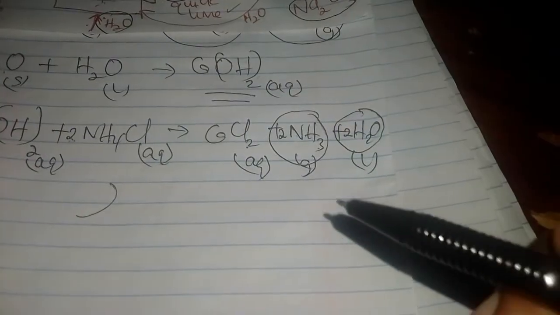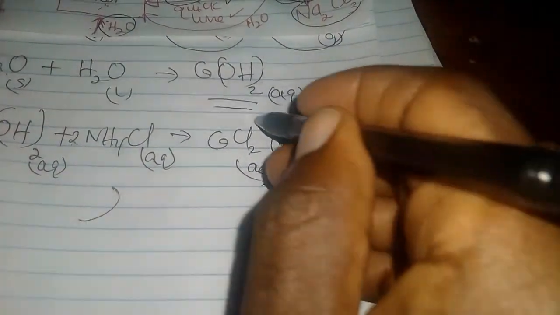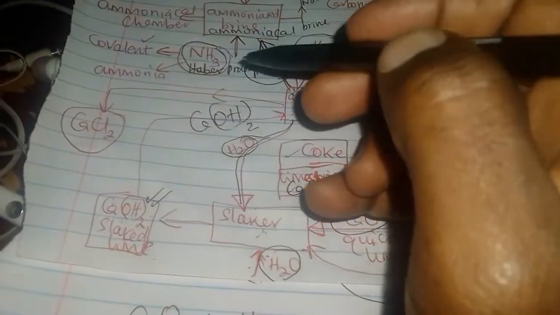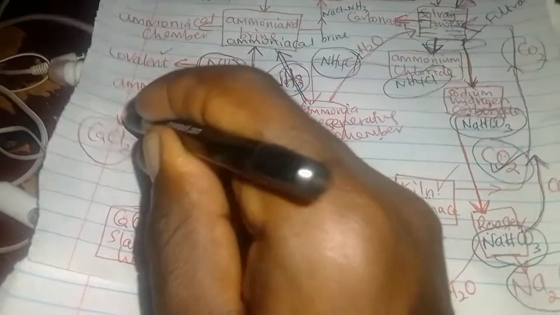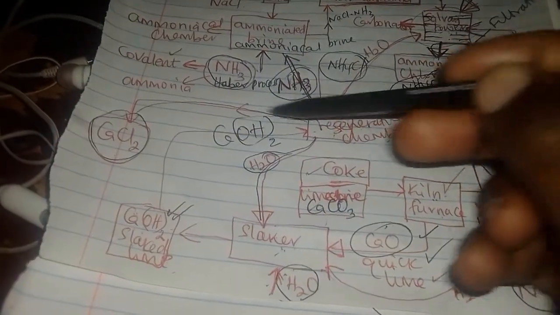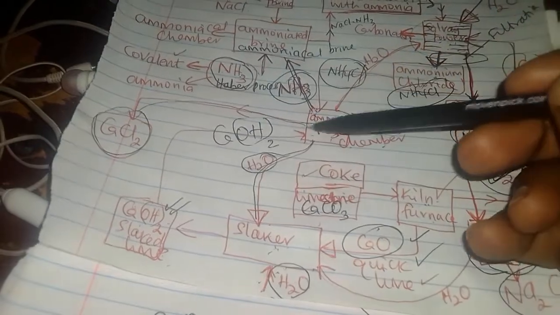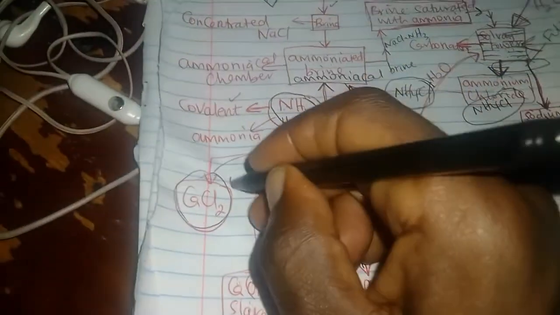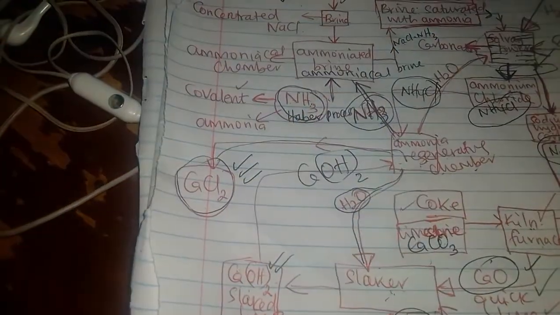Ammonia is here. Then we have calcium chloride, which is the only waste product as far as the Solvay process is concerned. The only waste product. Calcium chloride. The ammonia regenerating chamber produces calcium chloride, which is a waste product for this, but it's actually very useful. For example, calcium chloride that is taken as a waste product in this Solvay process